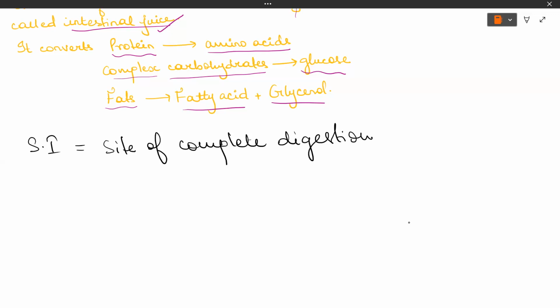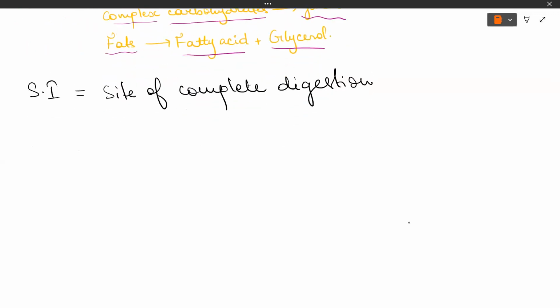And then after that, you'll have to know that when all of these components are broken down in the small intestine, only the digested food is absorbed. Basically, the small intestine has tiny finger-like projections. They are known as the villi. You can say the small intestine has tiny projections